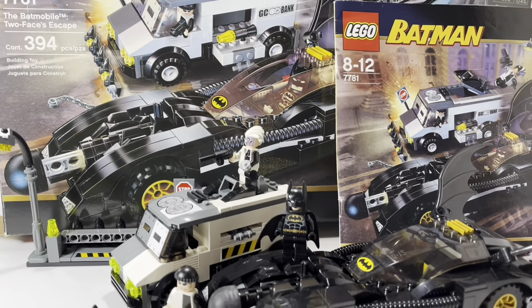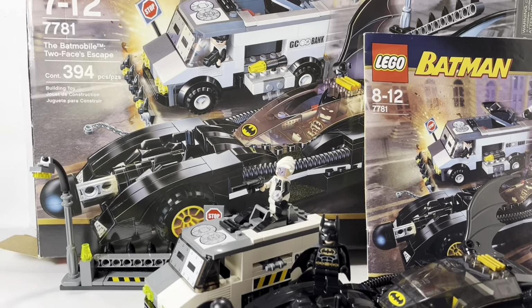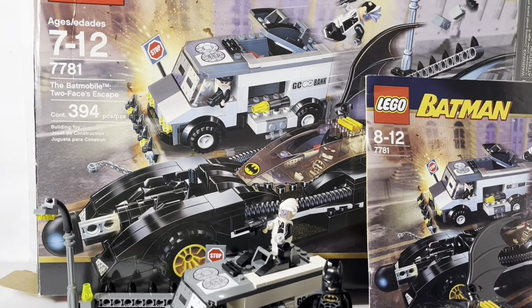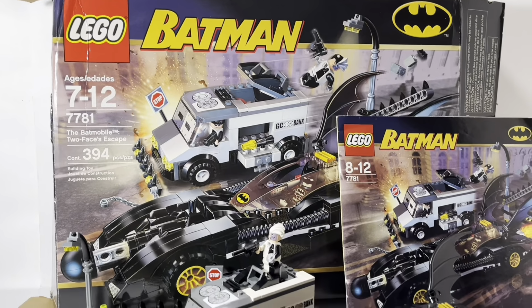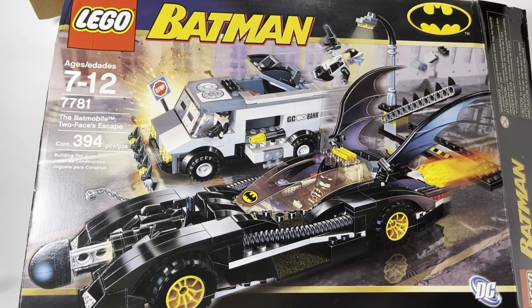So this is a review on the Batmobile Two-Face Escape from 2006, and it has a piece count of 394, set number 7781, and ages 7 to 12 from the theme Batman. Onto the box. So here's the box, and I really think you should stick around for this because this is